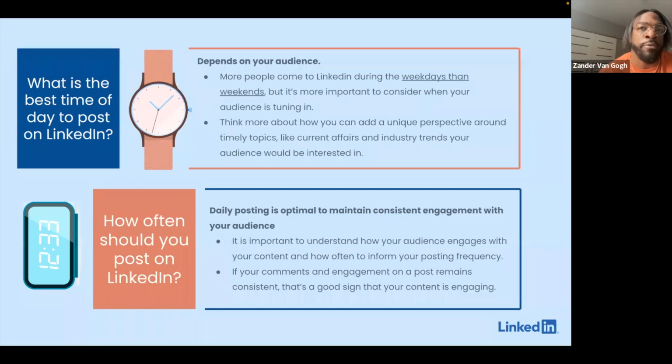She posts anywhere from 2 to 3 times a day, but because of the value that she's adding, 2 out of the 3 of those may go viral. And what I mean by viral is that she was able to grow her followership from 0 to over 125,000 in a matter of 10 months. So there's rhyme or reason to all of it, but focus on the quality of the content more so. Am I posting too much or not? Because if the value is there, people will notice. Now, if you're doing a lot of promotion and things of that nature, that's when things get a little bit sticky, and you should think about how you want to space things out in that way.